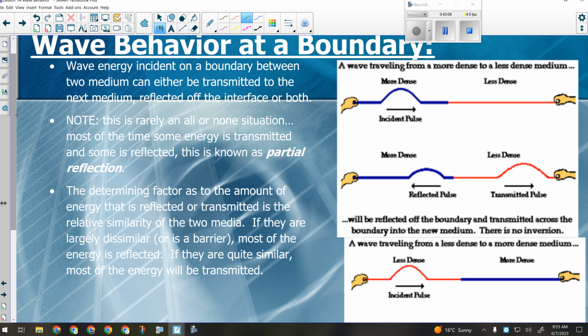Was there very much reflection at the boundary? I'll do it again, but I've never had this much trouble with this demo before. The first time, was there very much reflection? There was a tiny little bit, and it was actually upright, which means that basically it's going from an identical medium to the next one. If I attach this to a different kind of spring,